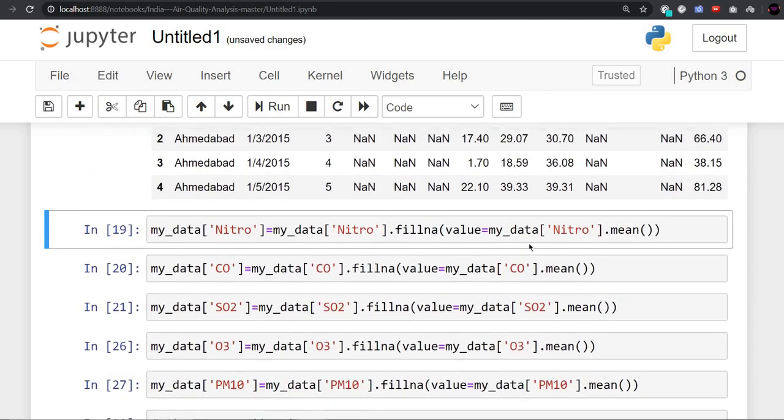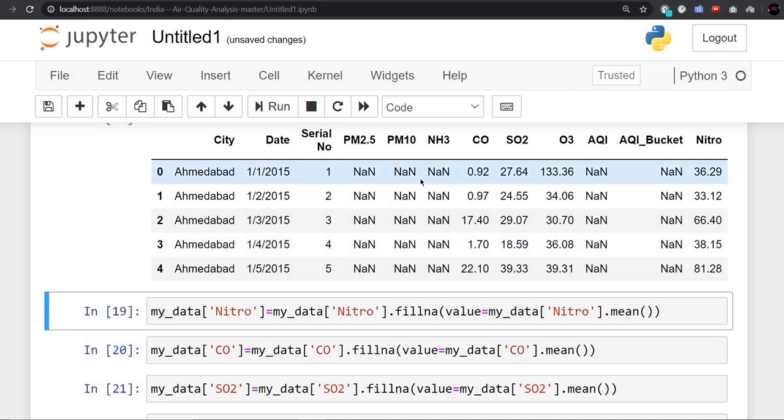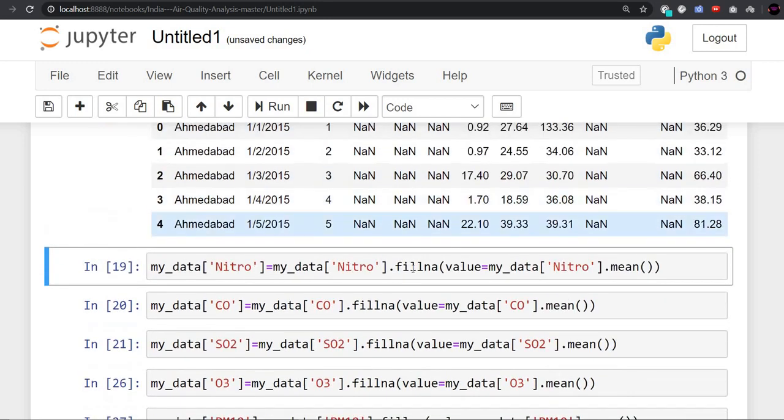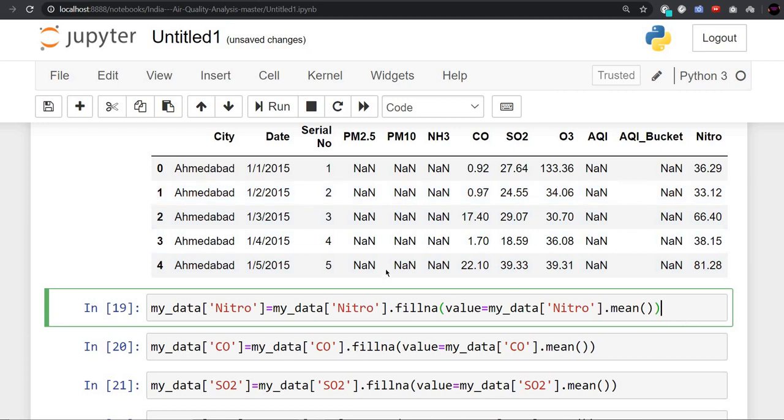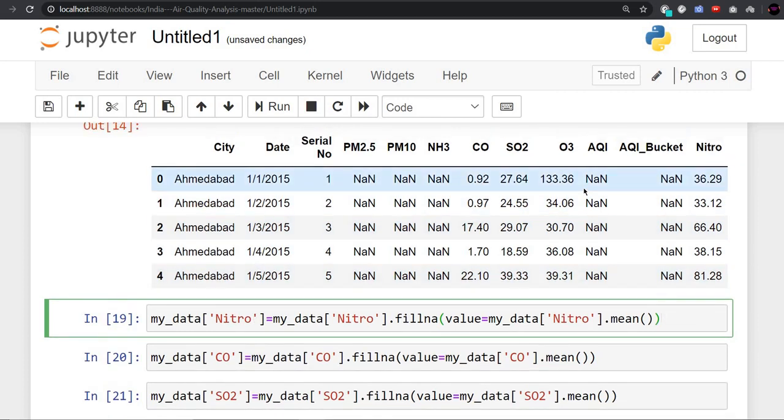After that, since we have a lot of null values, if we are building our model, it is a must to replace all the null values. For replacing the null values, if the value is numerical, then you have to use the mean. You will use mean to replace all the numerical values.